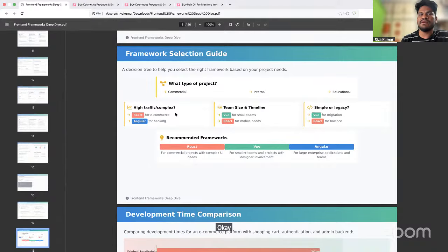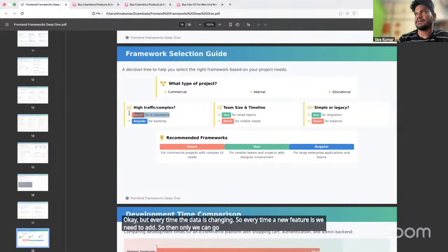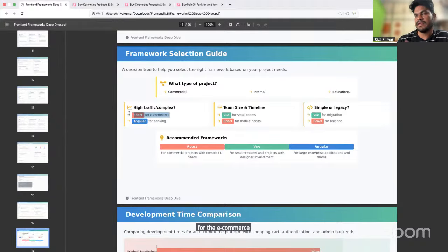But if the data is changing every time and we need to add new features every time, then we go with React, for e-commerce applications, social media applications, and chat-based applications, because of the virtual DOM. For very small teams, go with Vue.js.